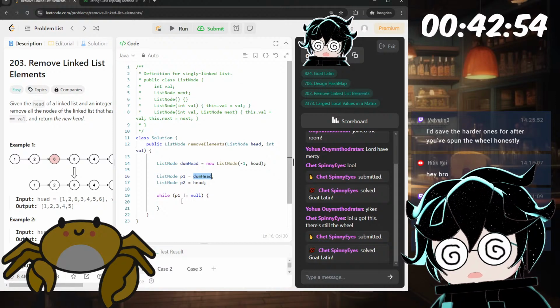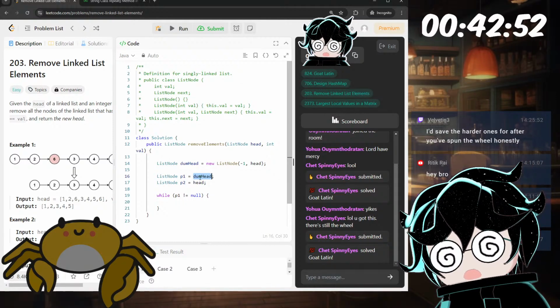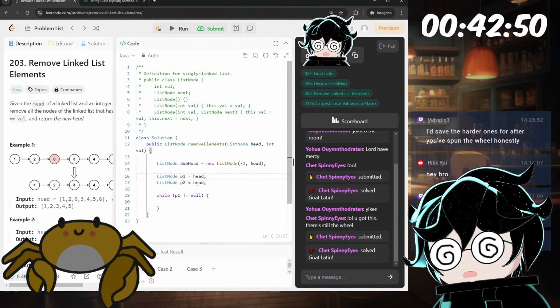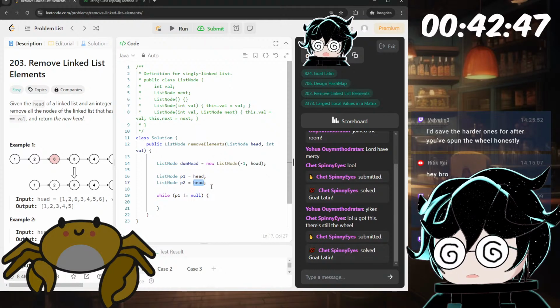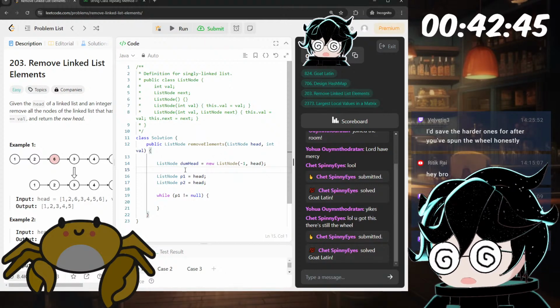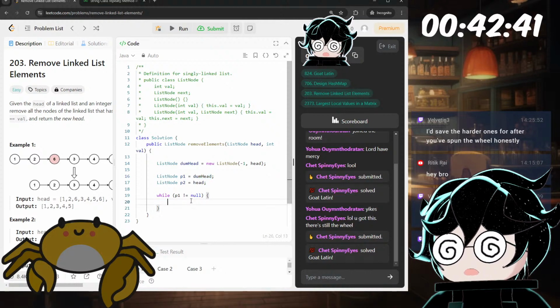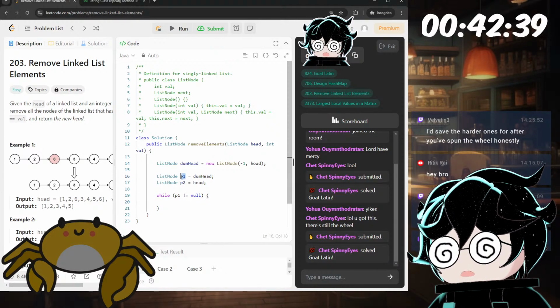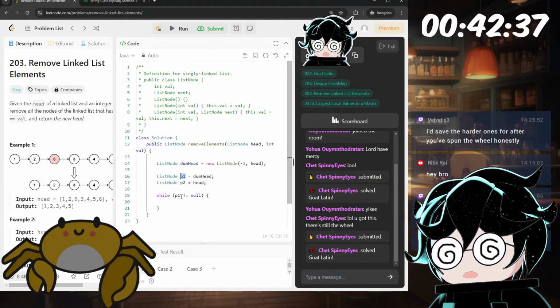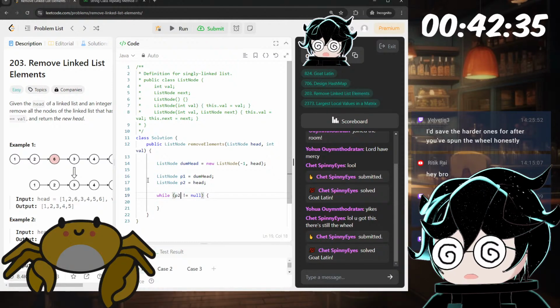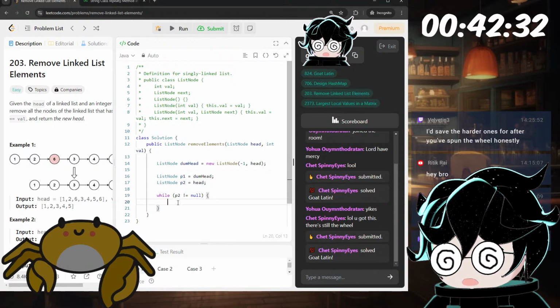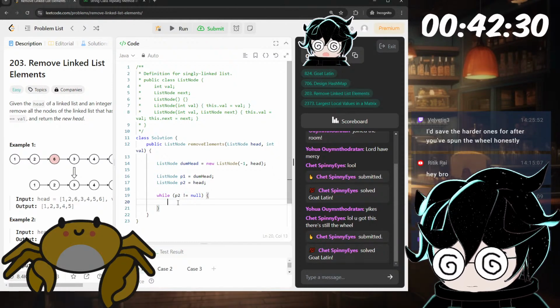So am I forced to check if P1 has the value too if I do this? So maybe I should start with head. Should I do this? No, actually, P1 should just be my previous. I should check whatever is head. While P2 is not equal to null. Yeah, okay. That's the way to do it.